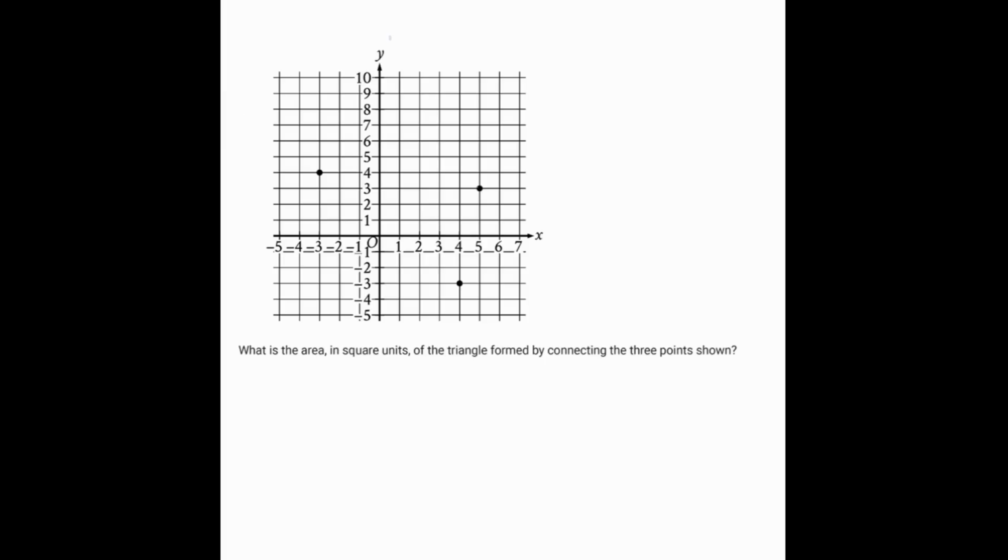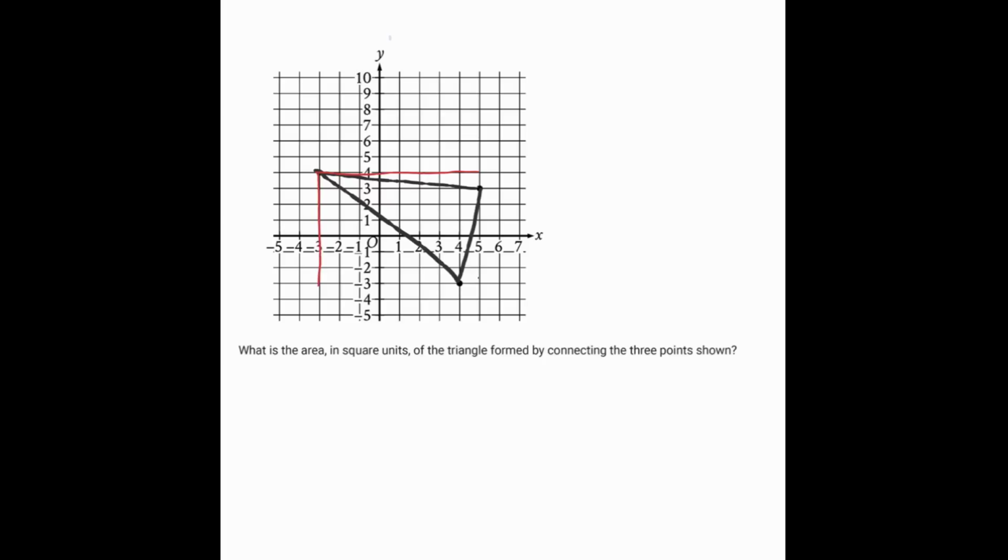Here we have a surprisingly challenging question. We're being asked for the area of this triangle. We can't use 1/2 times base times height because we don't have two sides that are necessarily perpendicular to one another. And we could maybe use some more advanced formulas, but the trick is how to do this question in the simplest way possible. And the idea there is to get the area of the outer rectangle that encloses the